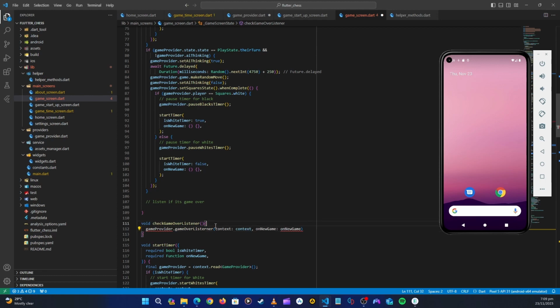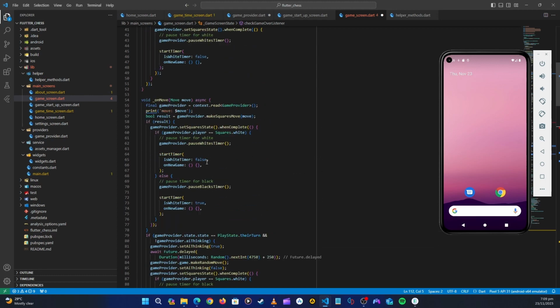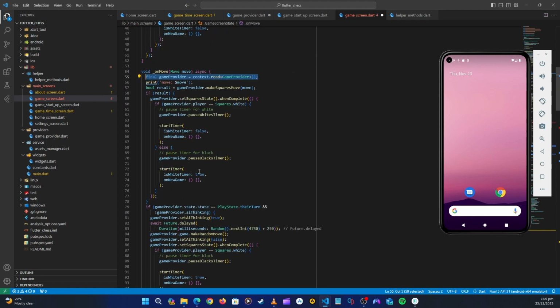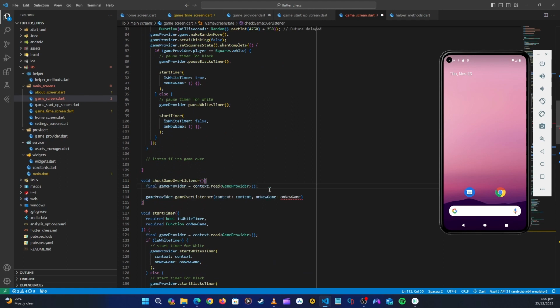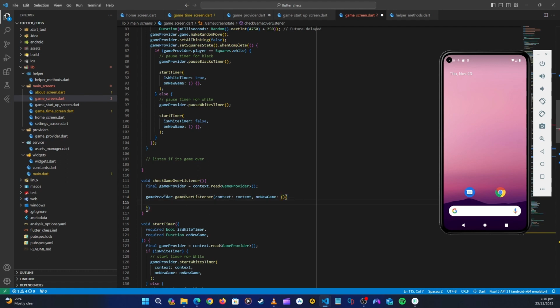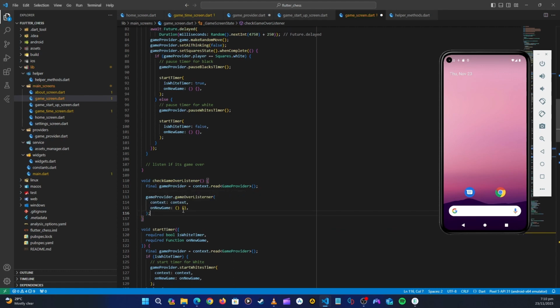Okay, so we need to initialize the game provider. Let's just go up here and copy it, then come down here and paste it. Okay, now this is a function, the new game. That's what we decide what to do if it's a new game here. Okay, let's put the comma here and come down, and then close it out, and then on new game here,